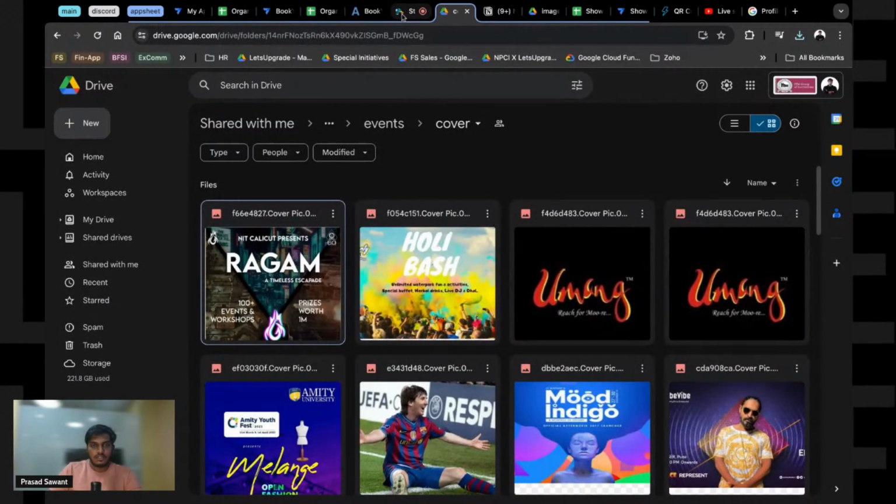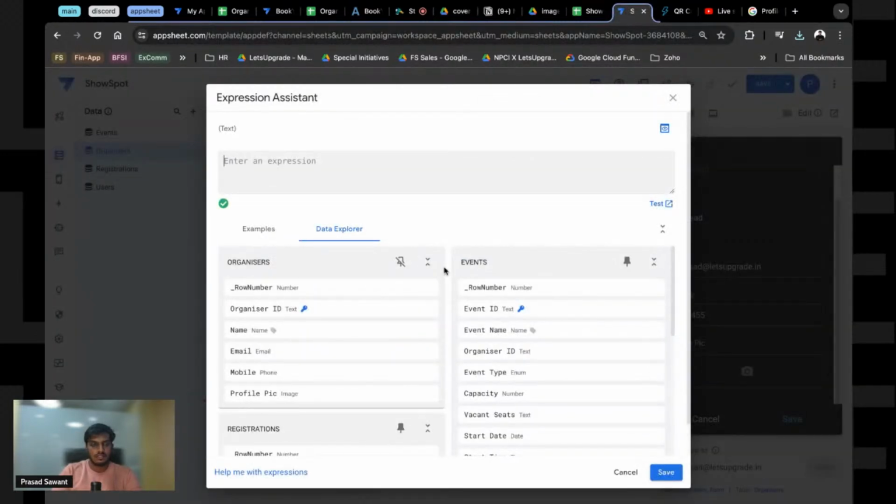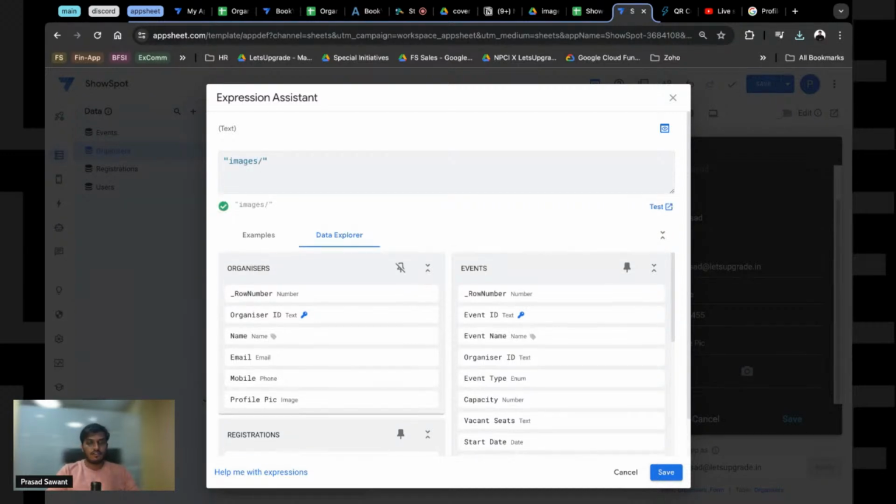And what I'm going to do here is basically go into this app, go into the profile pic part, and here, image folder path, right? Here we need to give images. And basically after this, I want to type